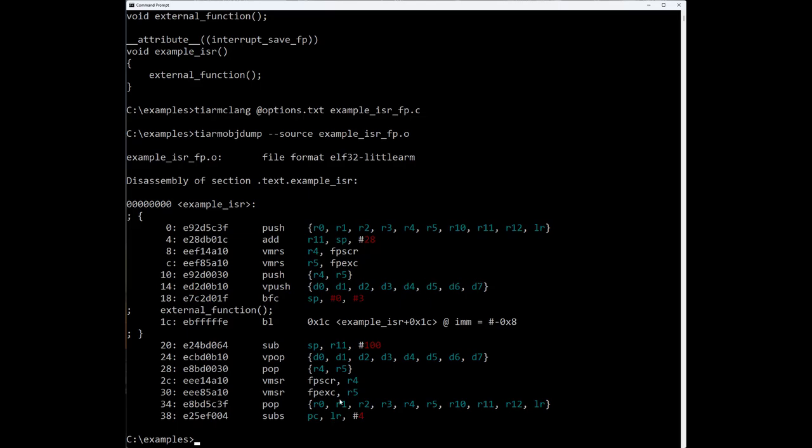And then all of this is being popped off in reverse order at the end of the function. So now you can see the difference between just a regular interrupt attribute and interrupt save FP, and all the extra registers that are being preserved in the interrupt save FP case.